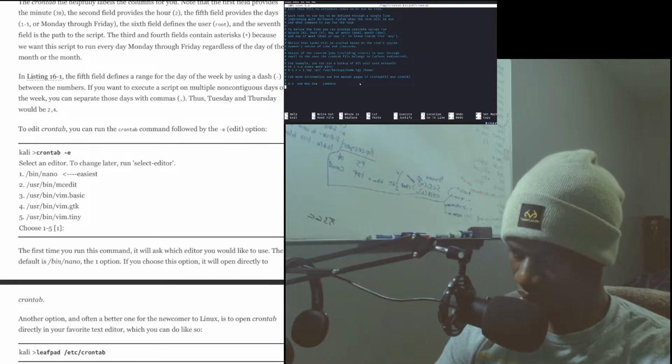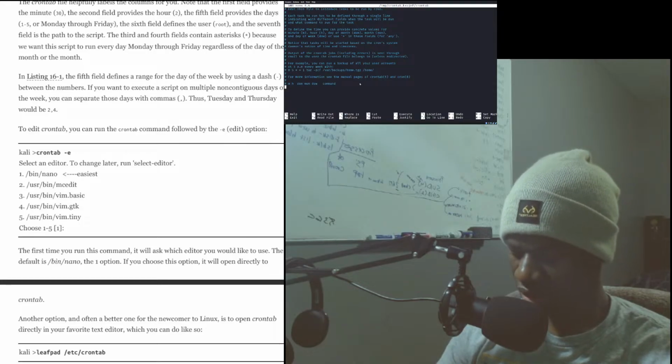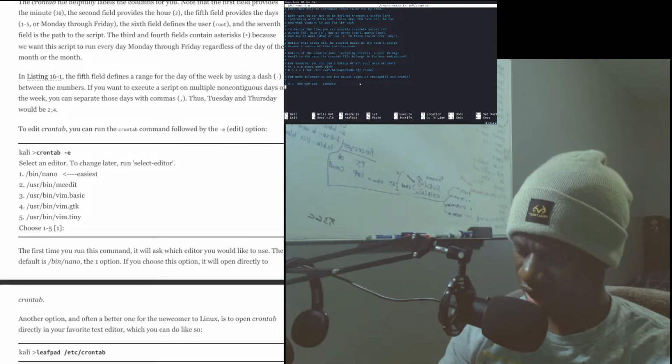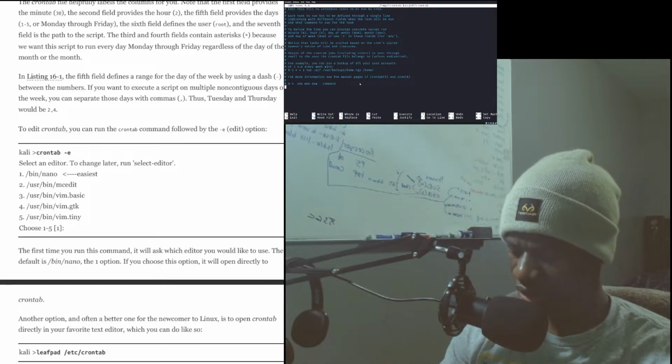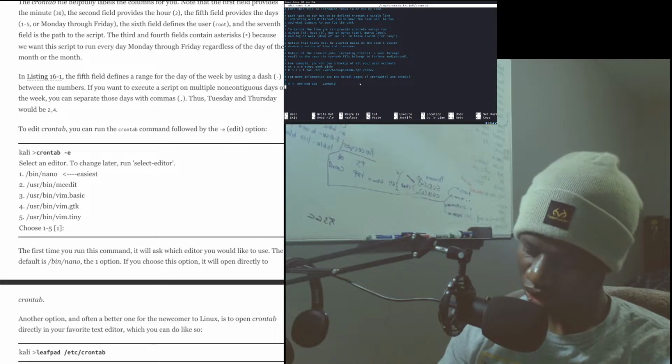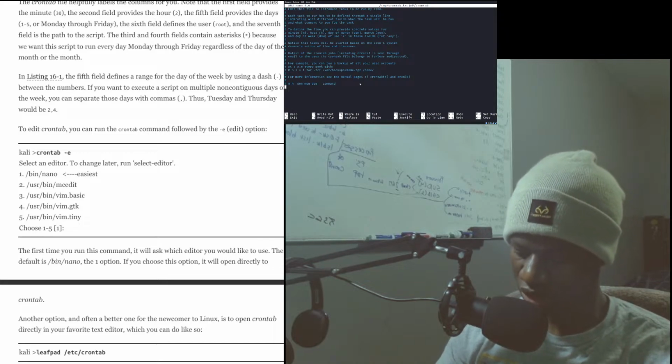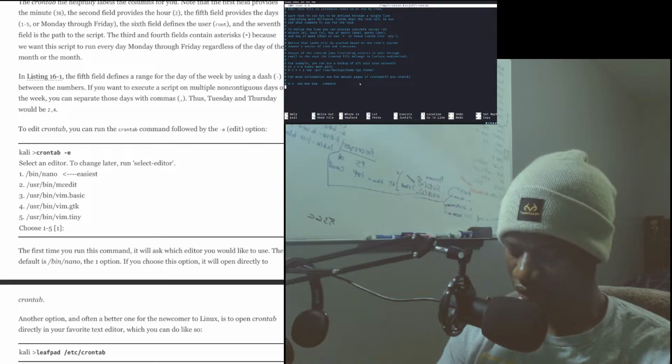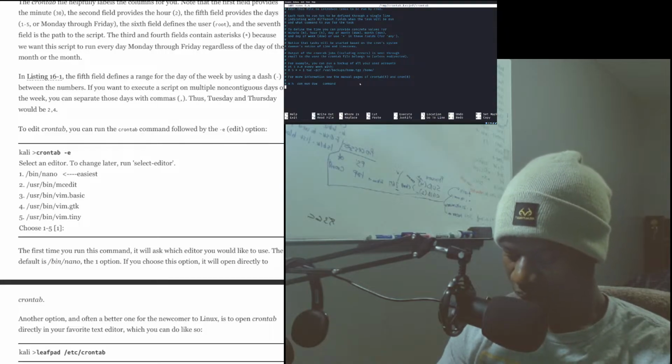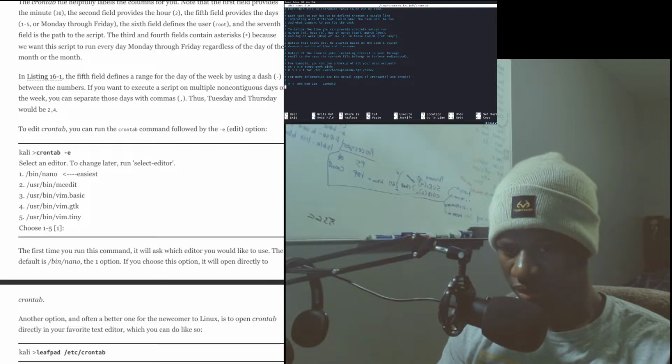Okay, so what was that? Is that minute 17? What do they have? Numbers 17, 25, 47, 52 minutes. Now I do not understand what this is. Okay. Now, to set a new regularly scheduled task, you simply need to enter a new line and save the file. Scheduling a backup task. Okay.